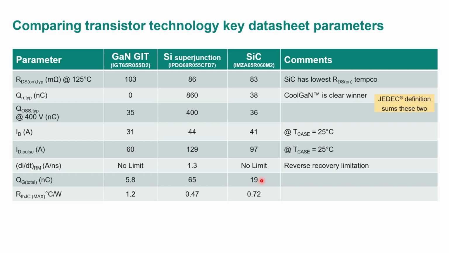Silicon carbide is not bad. It's in the same ballpark, especially when you consider that typically you overdrive the gate of the GIT. You deliver extra charge anyway when you first turn it on. We'll see that in the section where we cover the gate drive circuit. And then finally, this is really all about die size and die thickness. The superjunction, being a very large transistor, has very low thermal conductivity. Silicon carbide is a small device, as is GaN, but SiC has a very good thermal conductivity. So there's a bit of a spread here.